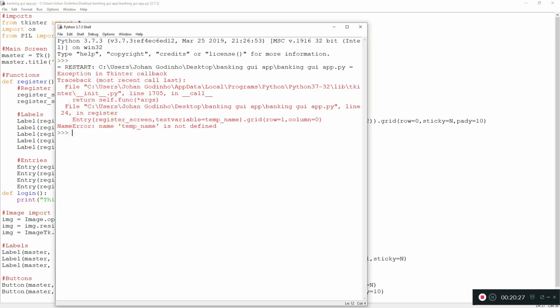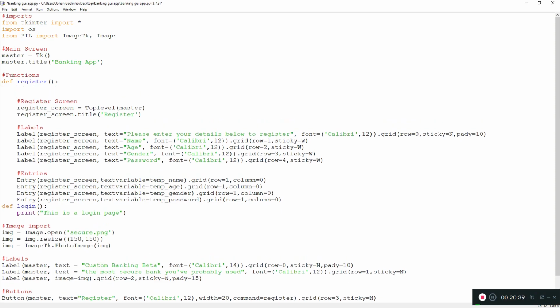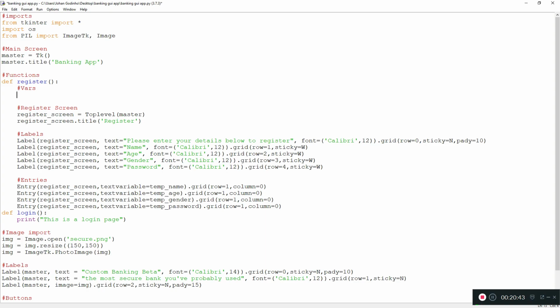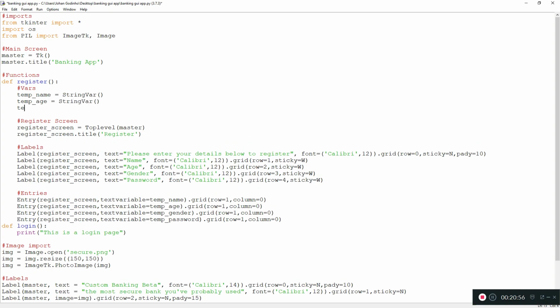Okay, what's wrong? Oh, so basically it's given me the error because all of these variables are still not defined. So we're going to define them quickly. Let's define them at the very start, and we're going to call this variables, and then temp name equals, they're all going to be string variables. Temp age equals string variable, temp